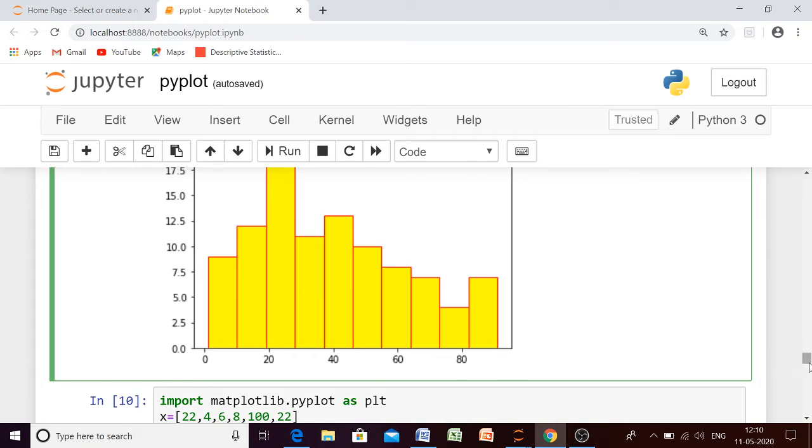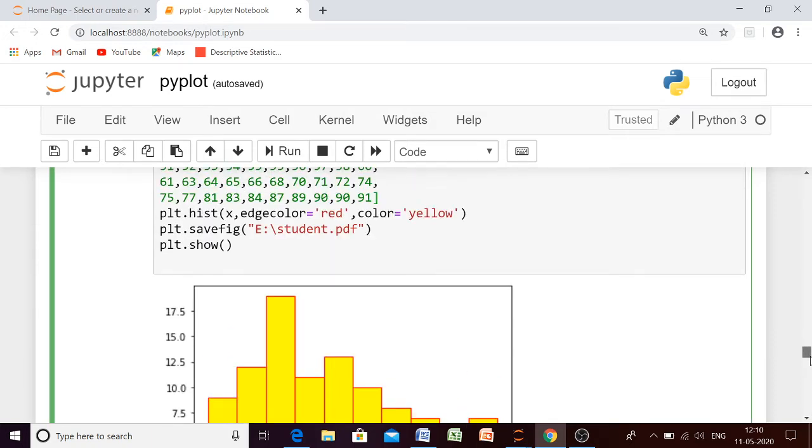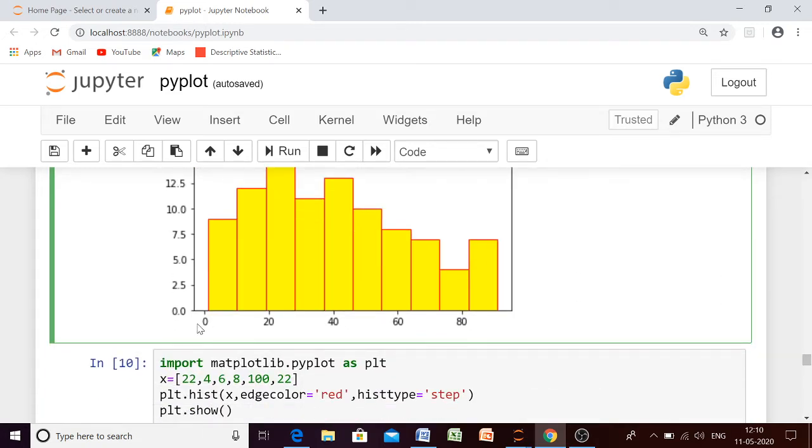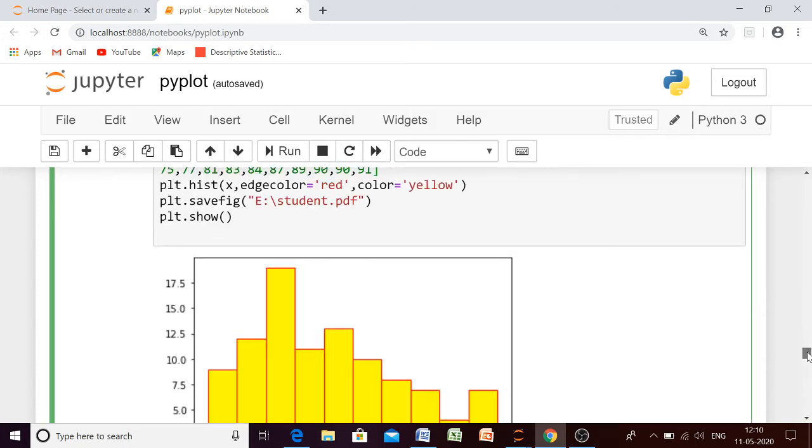The height tells you the frequency of that range, meaning between 0 to 10, how many values you have is shown by the height of this bar. And here we don't have any gap, so that is the histogram.